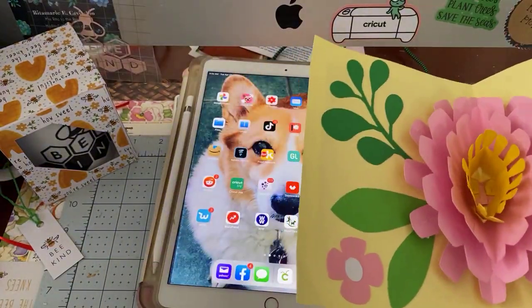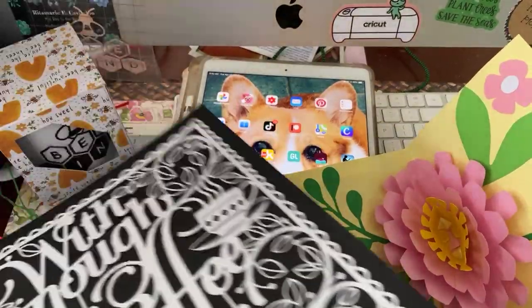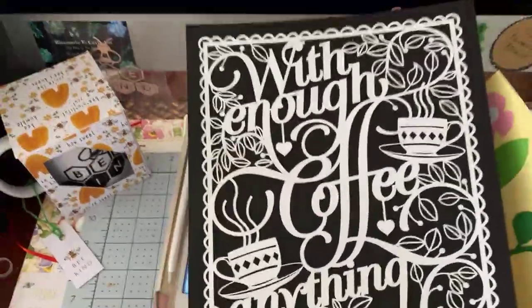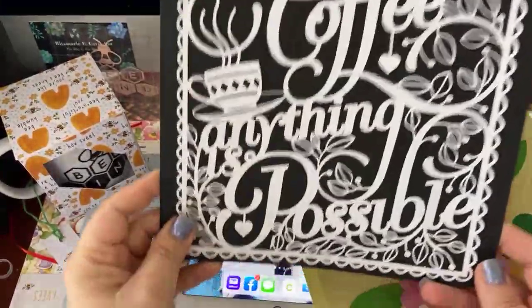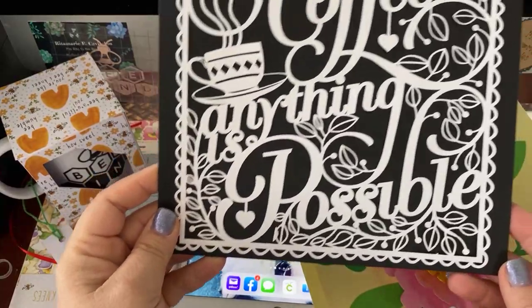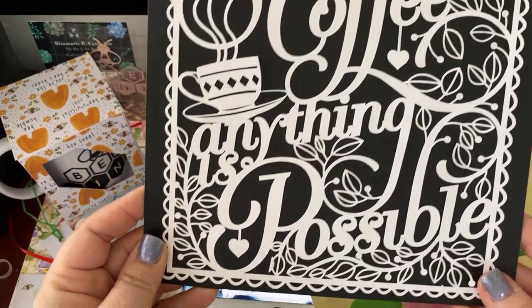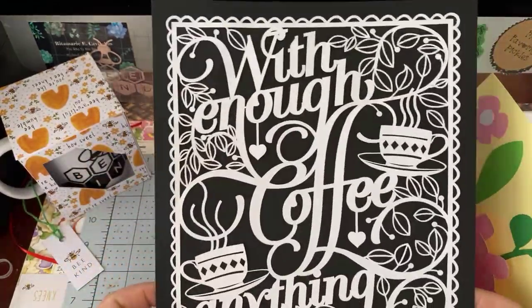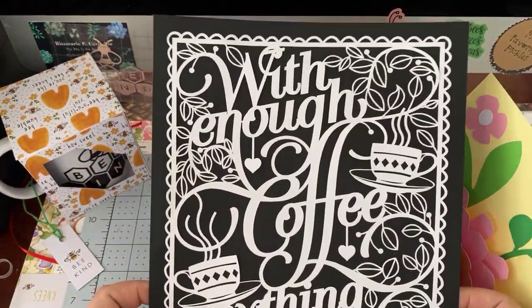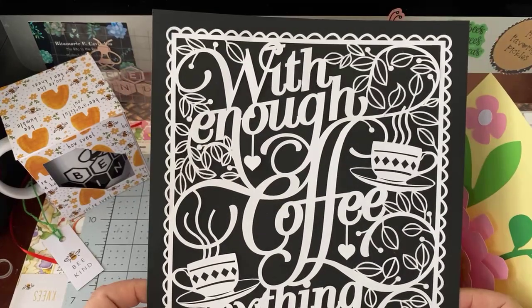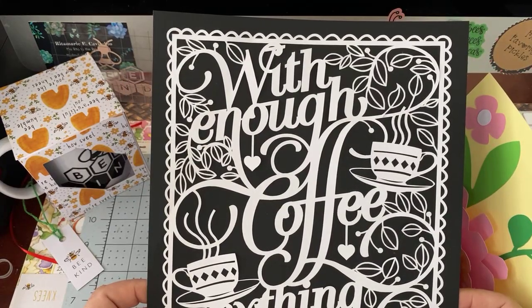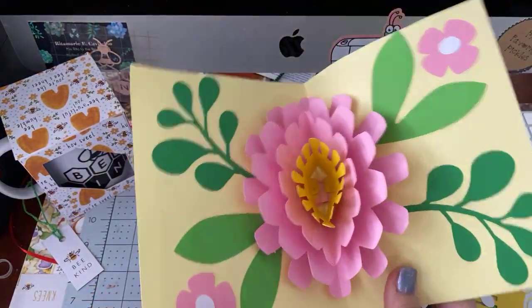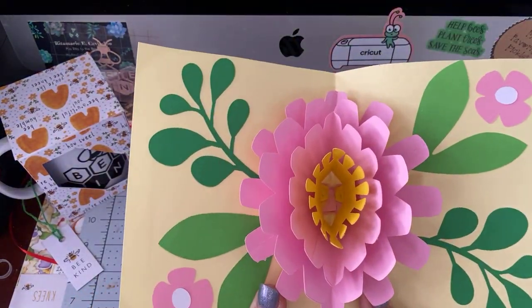The other thing I want to show you is this. I was so impressed. This says, with enough coffee, anything is possible. And anything is, there's the is. And this was an SVG that I purchased from Etsy. Yeah, so I want to show you how today to download in your